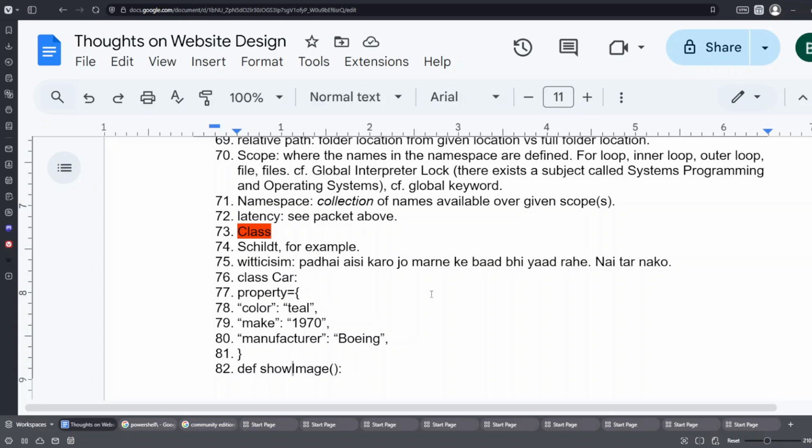Herbert Schildt is the name of the person who wrote Java: The Complete Reference, and I read it more than a decade ago, and it's still paying off. So things you do well, and they're the only things to do actually, they pay off for eternities. Okay, or eternity. So